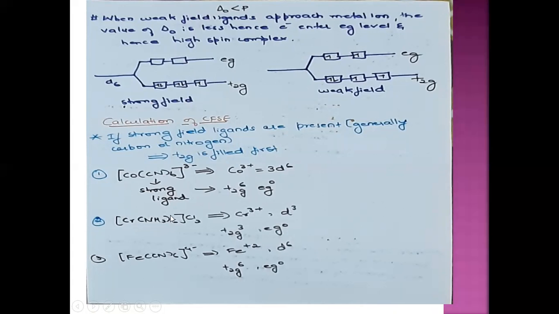Similarly, in the next numerical, with ammine, again it is a strong field ligand. So the d electron count is 3, and first you have to fill T2G. So the configuration is T2G3, Eg0. Next example, Fe(CN)6 4 minus. Cyanide is a strong ligand, right? The configuration is d6. Instead of filling Eg, you first have to fill all of T2G. So it will be T2G6, Eg0.